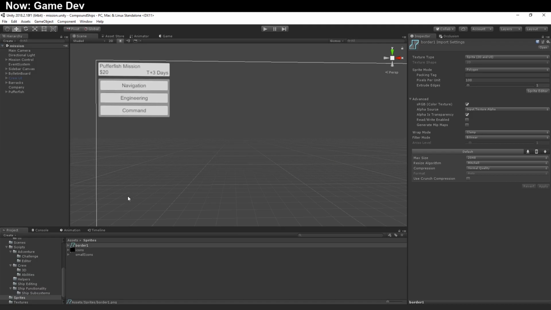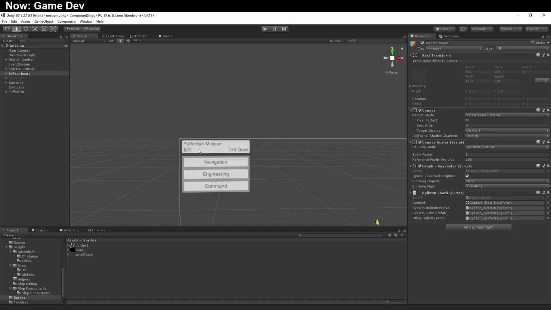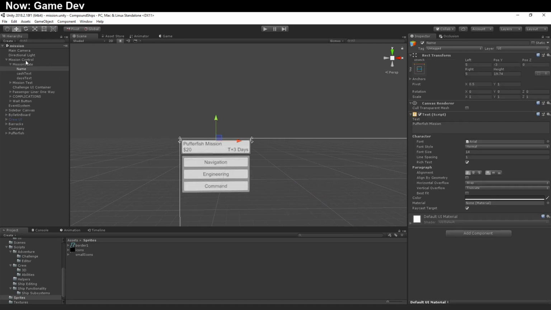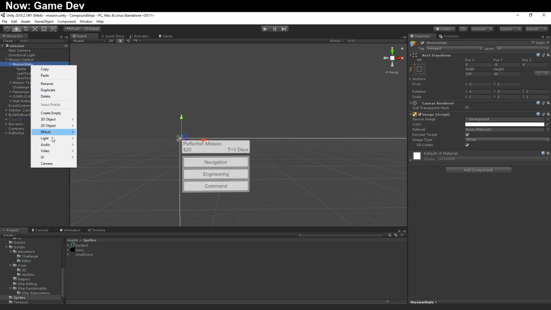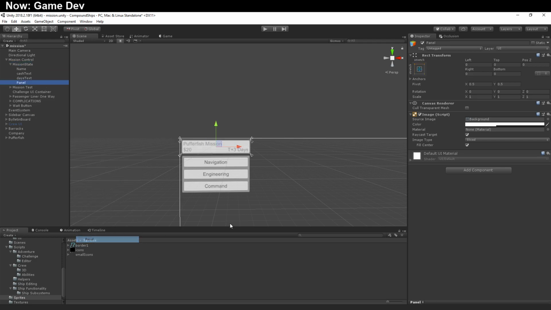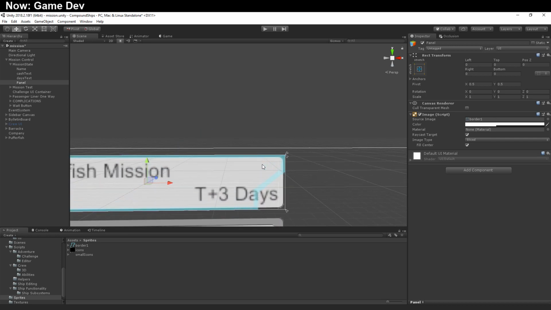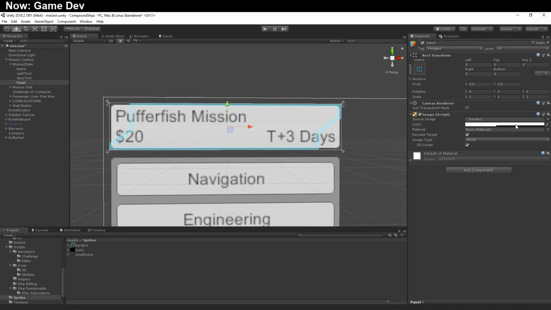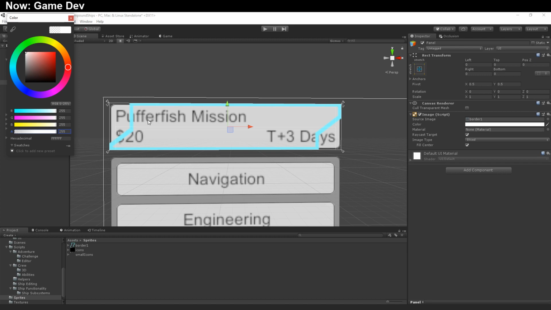Now that we've got that as a 9 slice, we can drop it into any of these elements and see how it looks. We'll just go over here into this pufferfish mission, and we'll drop it in as a new panel. We can just say that that's the 9 slice. Boom. And you can see that what we get out of that is this